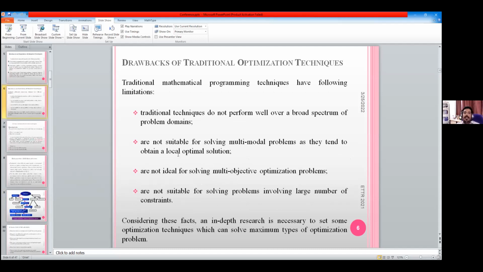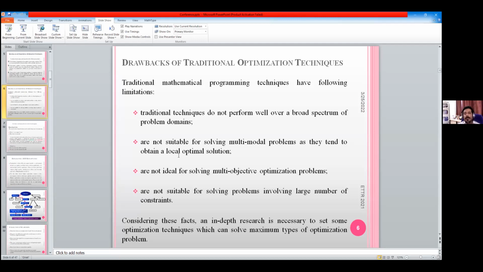So there are some methods. Again, this traditional algorithm, though finally they have got some algorithms like dynamic optimization algorithm, dynamic programming, then de novo programming, etc., which can solve multi-objective optimization problems. But they also first convert the multi-objective optimization problem into a single objective optimization problem and then solve it. There is no particular method to solve multi-objective optimization problems directly. So to solve all these drawbacks of traditional optimization techniques, the authors have